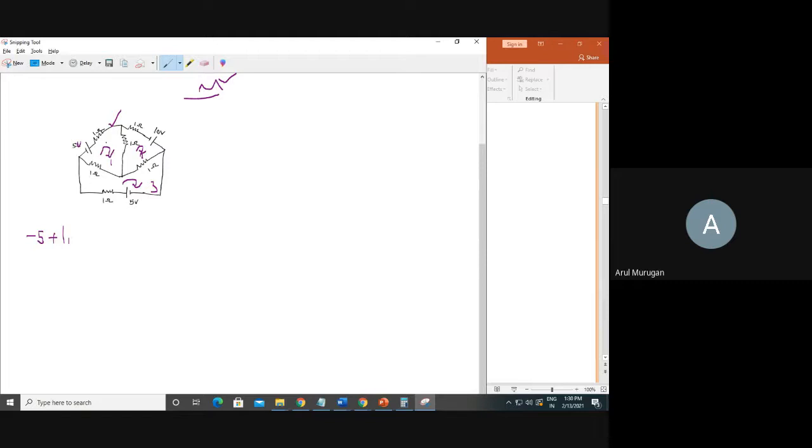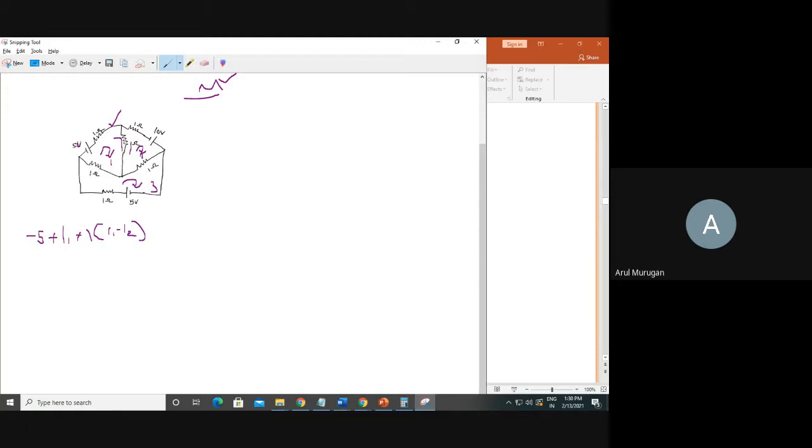So I1. Then after that it is coming here. So here also 1 is there. Then 1 into, open the bracket. Then what is that? It is going in this direction, and it is coming in the opposite direction. So I1 minus I2. Okay. Then coming to here, the point.